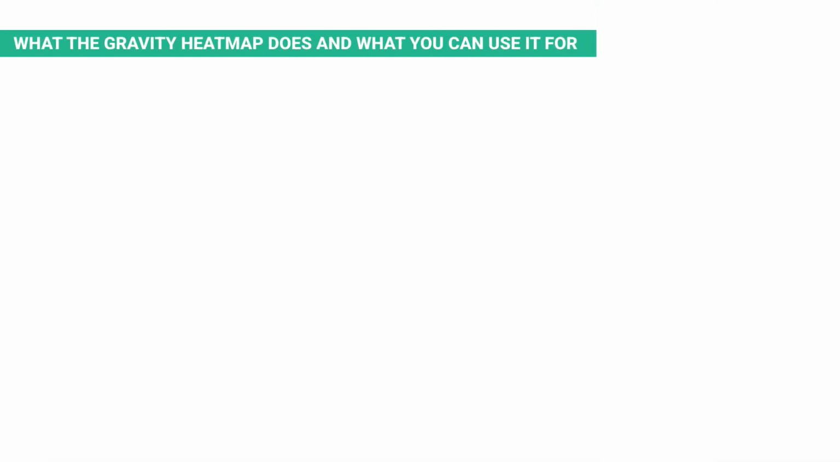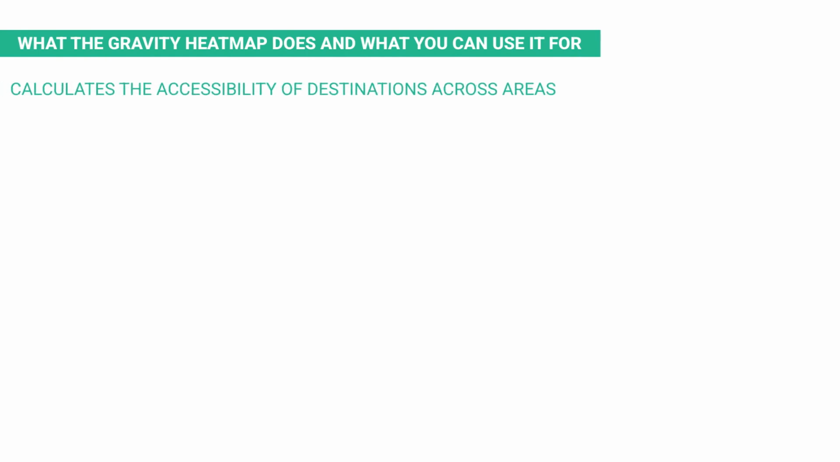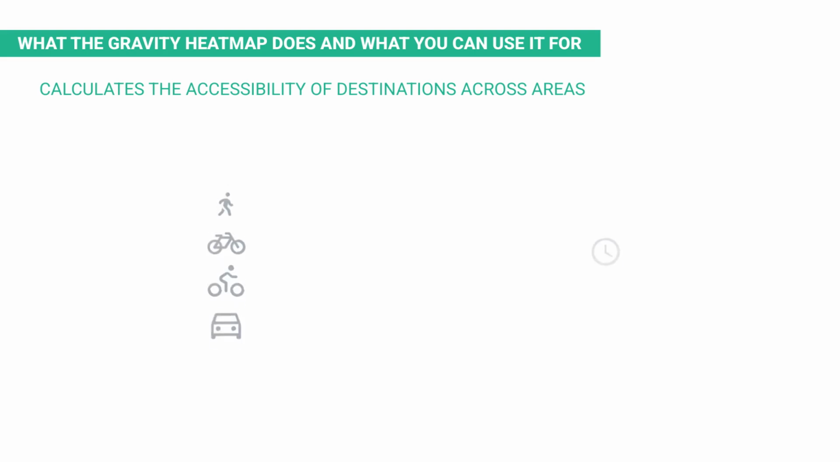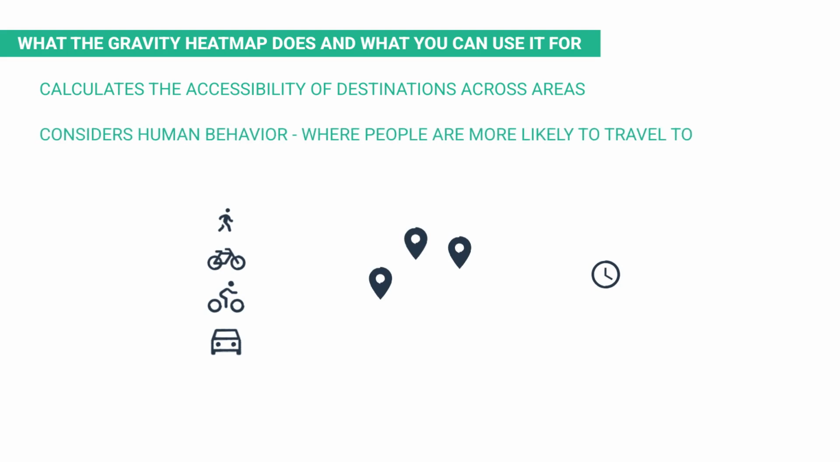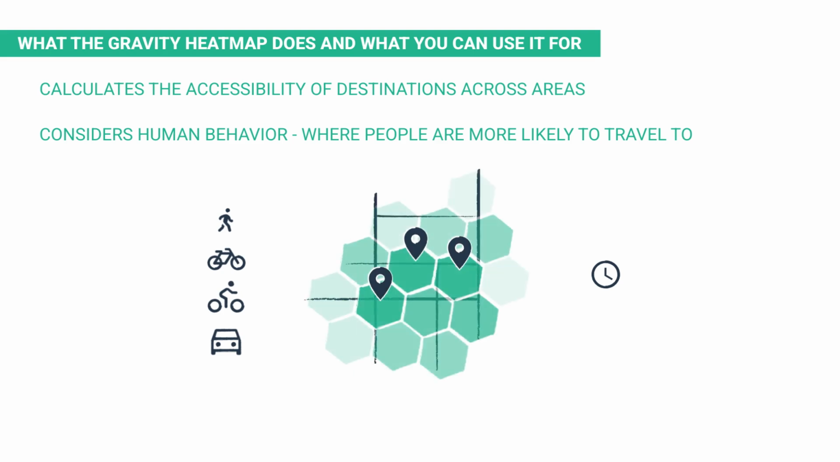Let's take a quick look at what the Gravity Heatmap does and what you can use it for. It calculates the accessibility of destinations across areas based on its own formula. It's important to note that besides travel time and available destinations, the formula also considers human behavior. In simplified terms, it shows where people are more likely to travel to. This way, the computation reflects a complex, real-world measure for accessibility planning, which makes it a powerful and realistic heat